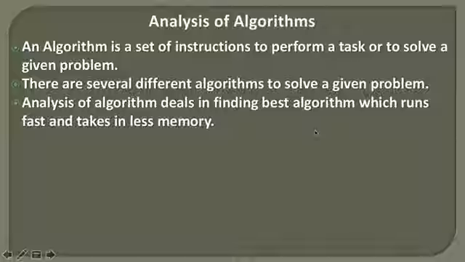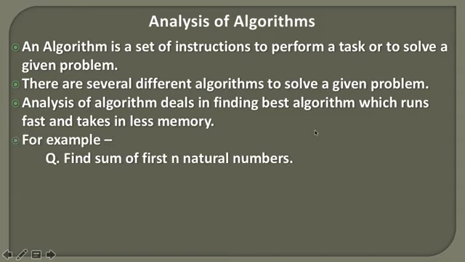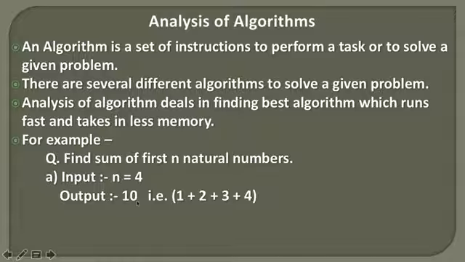issues. So let's say, for example, we are given a problem to find the sum of the first n natural numbers. The n natural numbers would be 1, 2, 3, 4, 5, 6 and so on. So to our method, we are given a value n and we want to find its sum. Let's say if we input n equal to 4, the output we get is 10. That is 1 plus 2 plus 3 plus 4. So 1 plus 2 gives 3, 3 plus 3 gives 6 and 6 plus 4 gives 10.